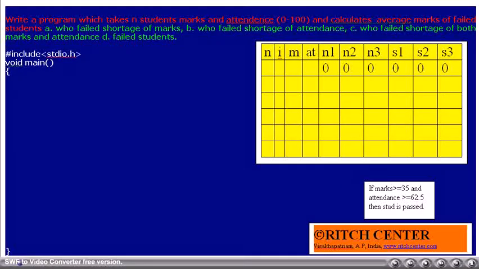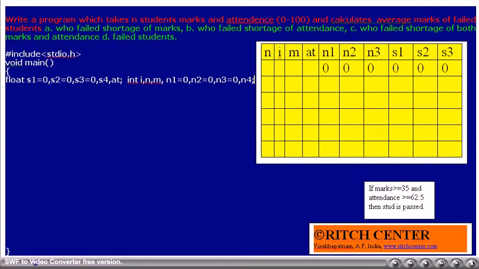As usual, we have included stdio.h and main is declared. The variables s1, s2, s3, s4, at are declared as float type. S1, S2, S3, S4 are declared to store the first category students' total marks, S2 for the second category, S3 third category, and S4 fourth category. Their initial values are taken as zeros.